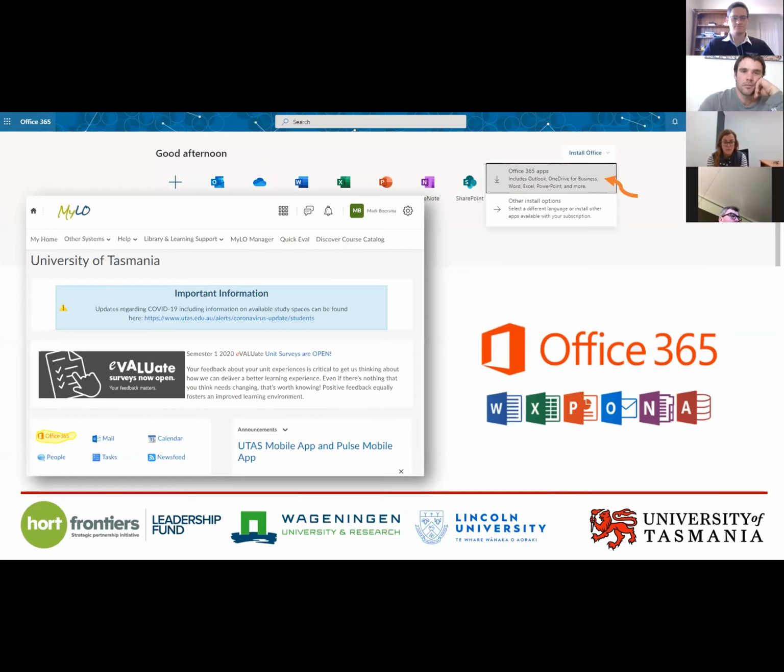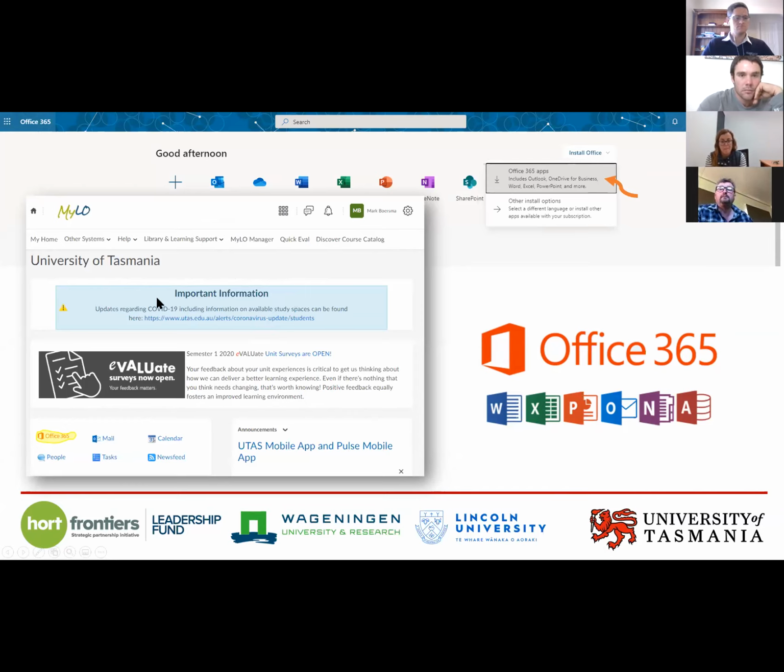Because you're a student of the university, if you don't already have it, you have access to the Microsoft Office suite for free. So once you have access to our system, you'll be able to click a link in Milo. So can you see my pointer? Okay.